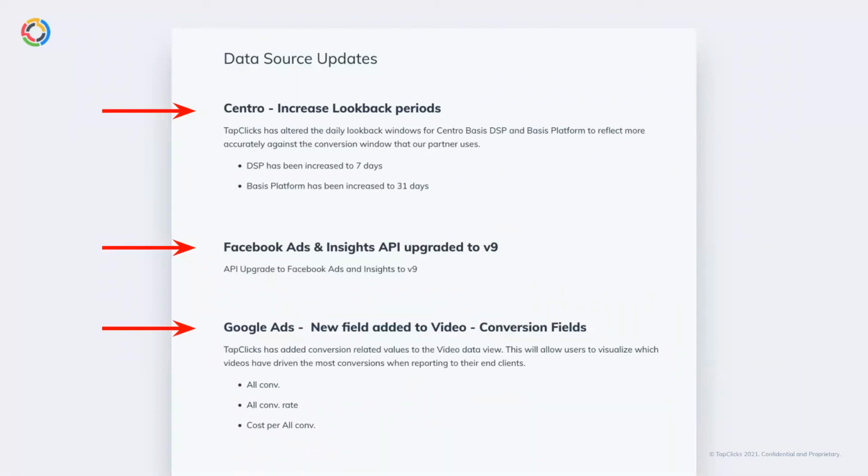So there's a new look back period for Centro. Facebook Ads Insights has upgraded its API. Google Ads, right? There's that video conversions field thing. So we just have this huge list of updates, new data views, new metrics, all kinds of stuff that's associated with data sources. Now, one of the questions is that when you see this within the release notes, you're